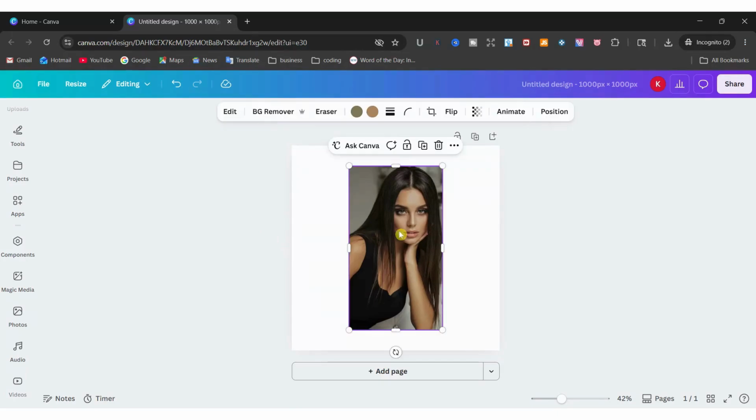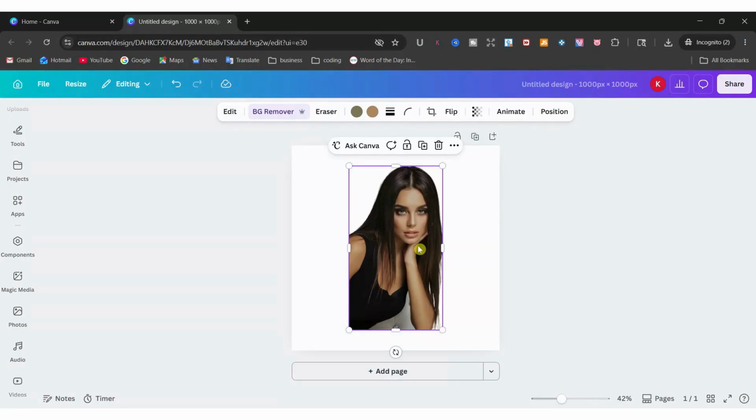Click on your image. At the top, go to Background Remover and remove the background of your image. The reason why we want to do this is because if we create an outline with the background in it, then the outline is going to encompass the entire image square frame. And unless you want that, we only want to outline the image of the foreground, which in this case is